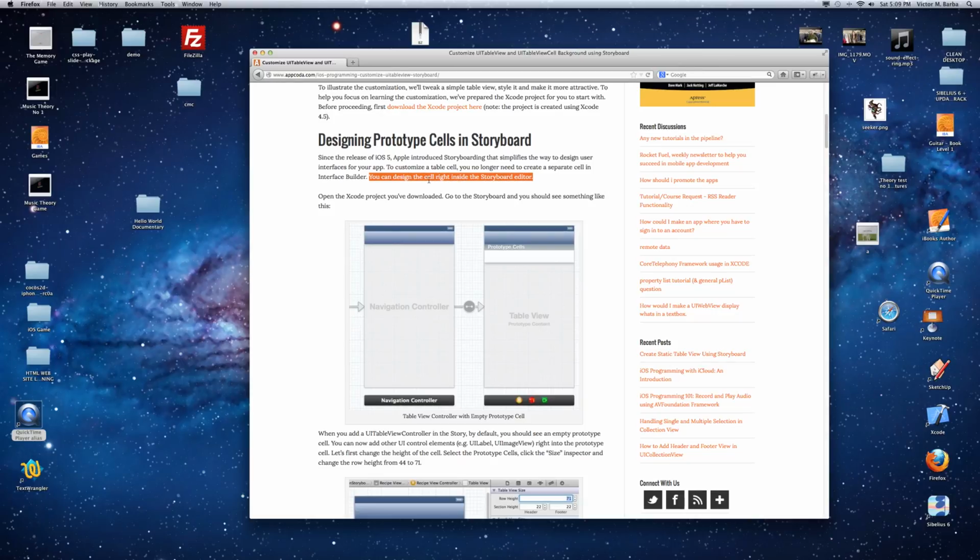You can design the cell right inside the storyboard. All this, 3 lines, took me 1 minute and 53 seconds to read. They could have done it in just, let's do some work, or let's start working. That's it. Open Xcode, and then, okay, I open the desktop, and I can go through this, and it